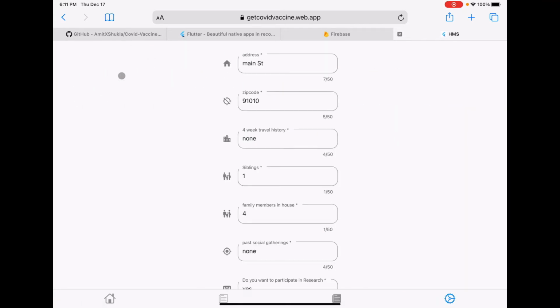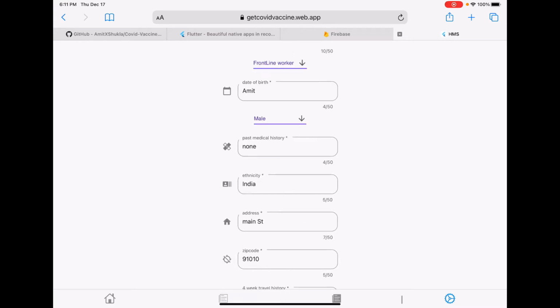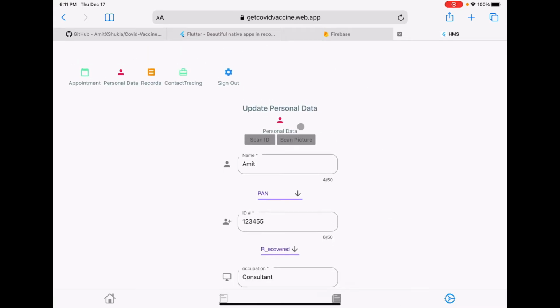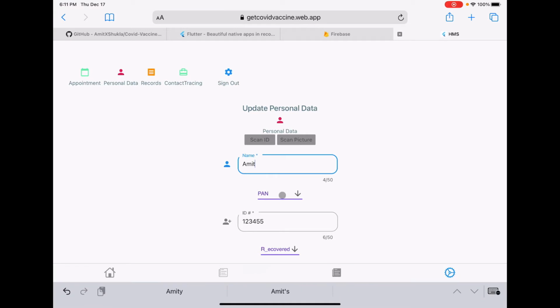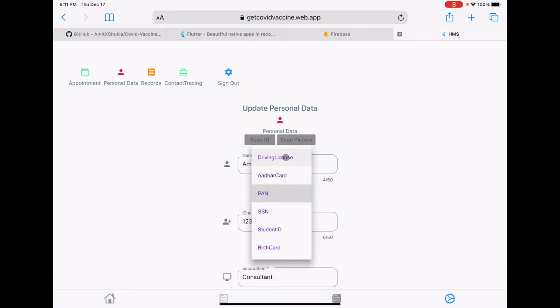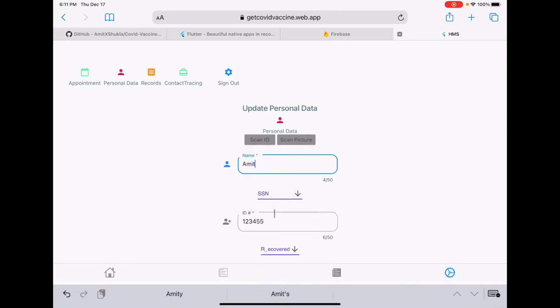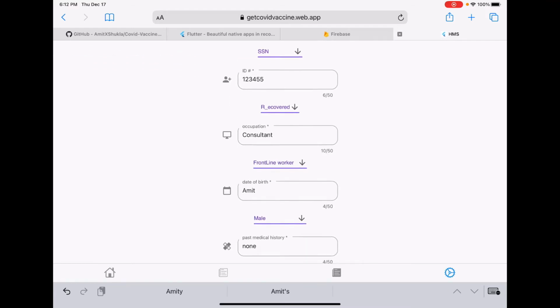On the other side, the user, again as a patient, can put in their information. This is a very, very important aspect, capturing your personal data. For example, you can say, what is your ID number? Some people say it's very important to identify who your patient is. So you choose any of these options. Again, you can add or update more options, like some places where you want to be recognized by driving license or whatever you want to add. It also has the option to upload a picture or scan the patient's ID. So you can do that. Right now it's disabled, but in the pro version or maybe in the near future, I will enable that.